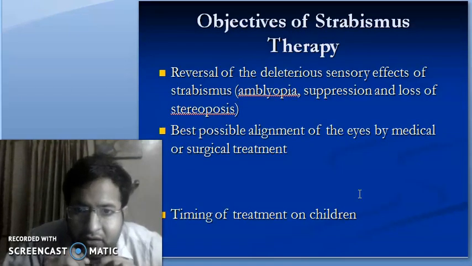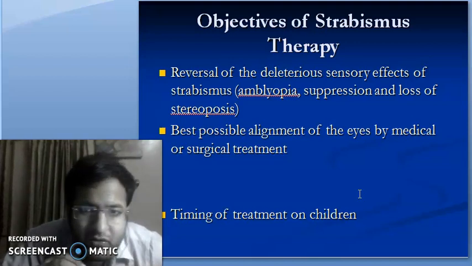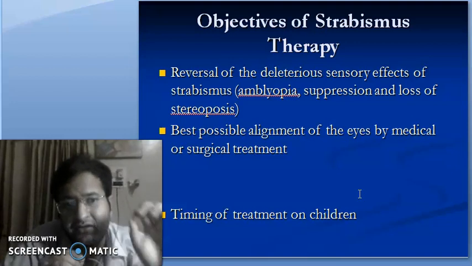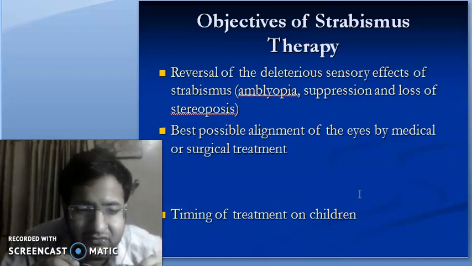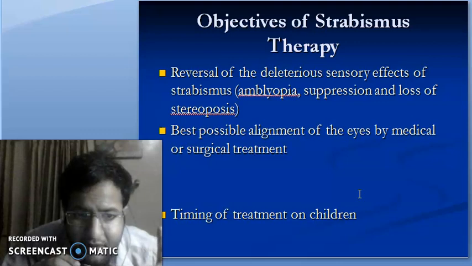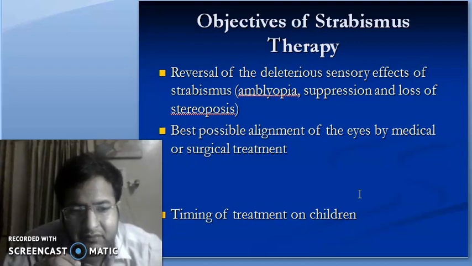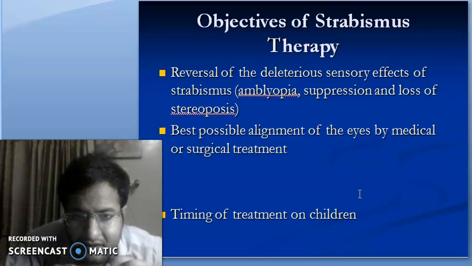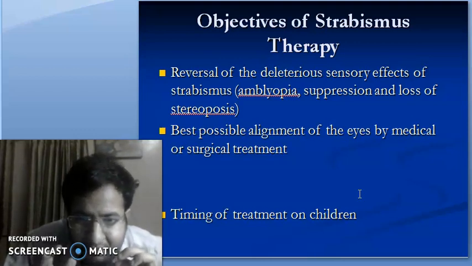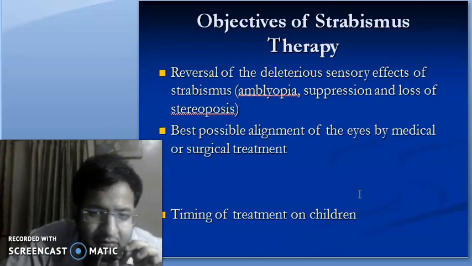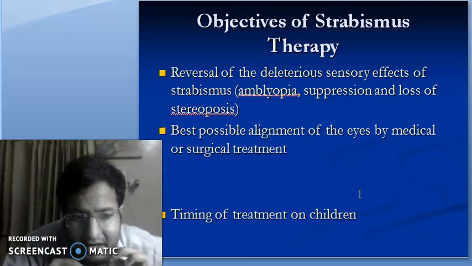Okay. What is the management? Then we reach towards the management. What are the objectives of the strabismus therapy? We have to reverse the deleterious sensory effects of strabismus, that is amblyopia, suppression, and loss of depth or stereopsis. Stereopsis and depth are different things, but it is beyond the level of the undergraduates to understand. We have to reverse amblyopia, suppression, and loss of stereopsis, and the best possible alignment of the eyes has to be achieved